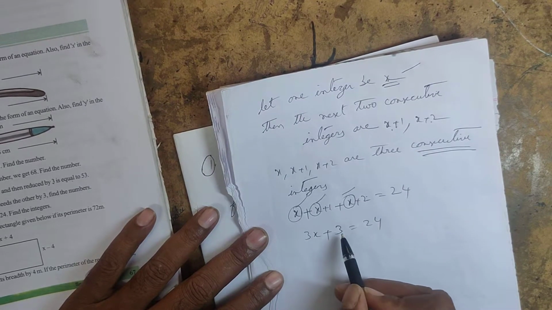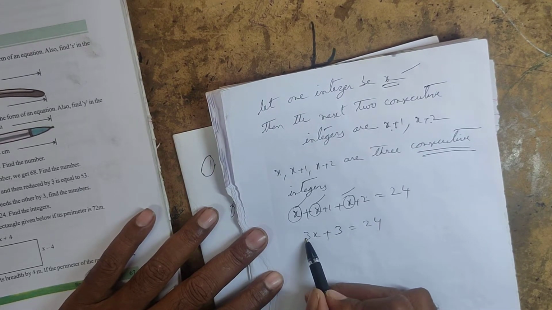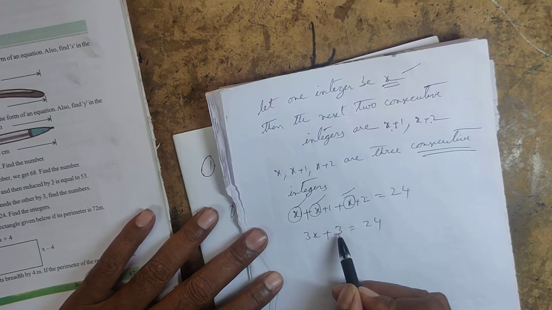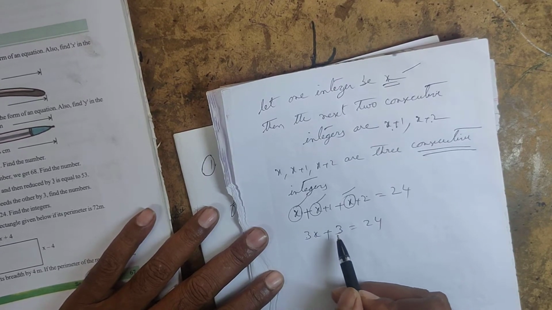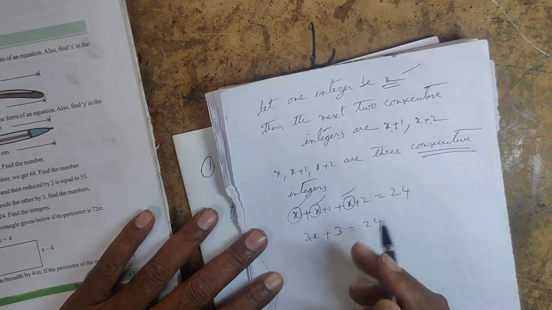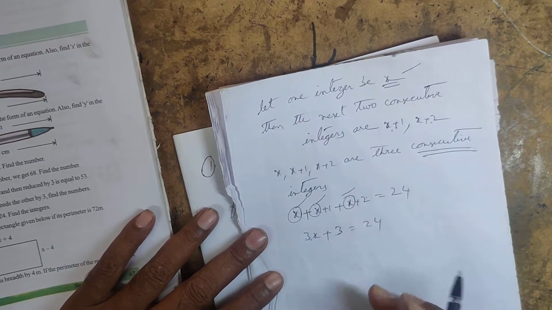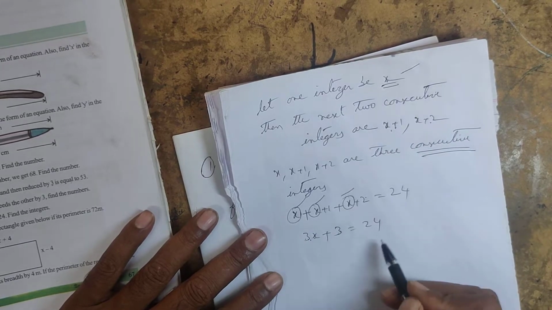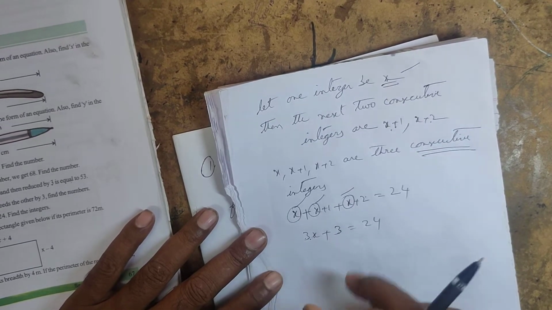For this 3x, you can't add these 3. I said already 3 Dairy Milk chocolates, 3 fans or 3 sheds. Okay. Can we add these 2? We can't add. 3x plus 3, you can't add. You have to leave it like that only. This becomes one equation. So if an equation is there, you can solve it.